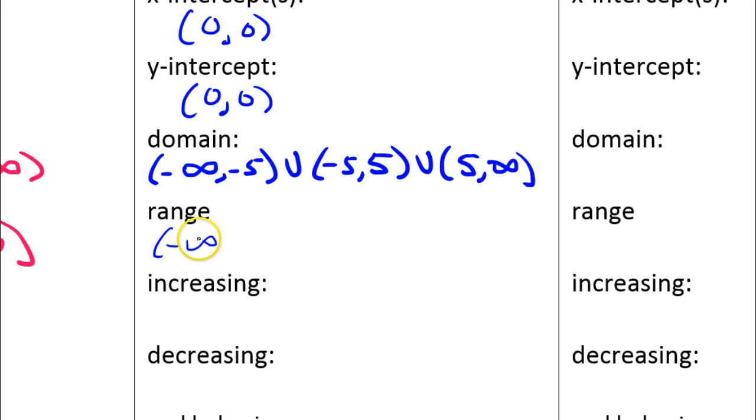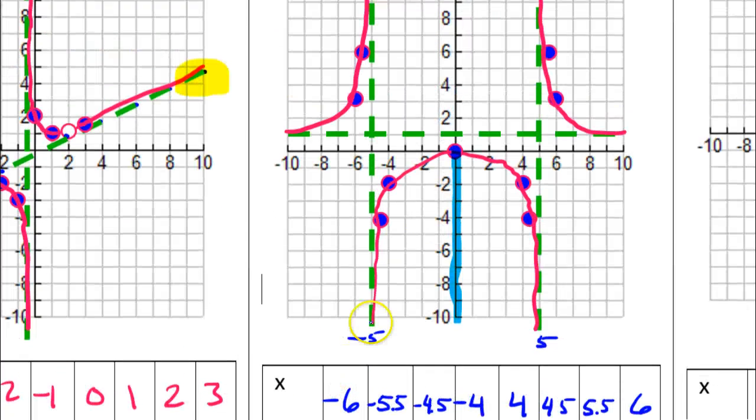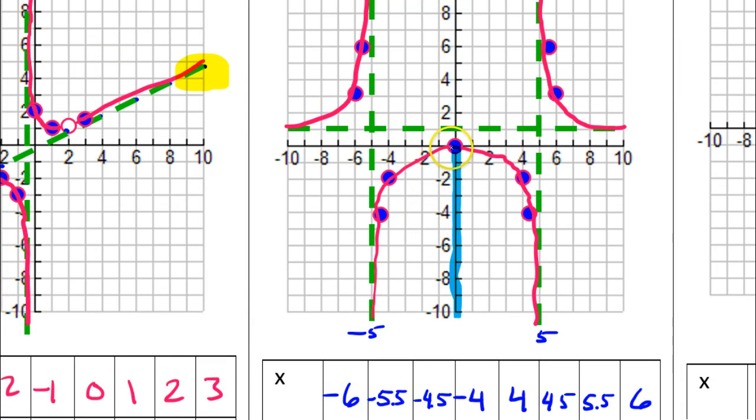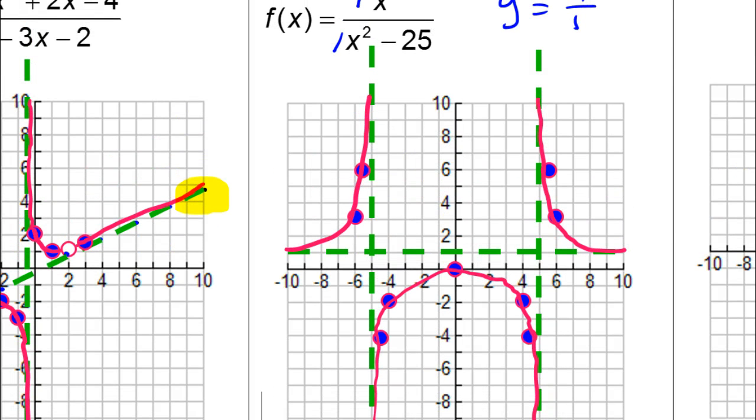Okay, so negative infinity to 0. I'm going to put a bracket on that because at 0, there's no asymptote here. The graph touches 0, so that's part of the range. And then there's a little gap, but the function picks up again